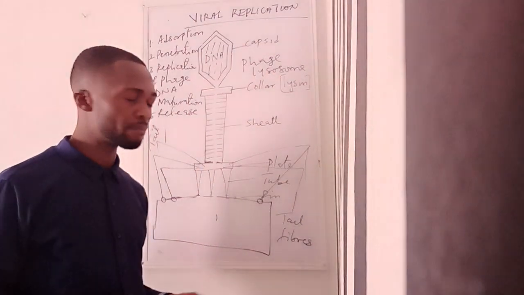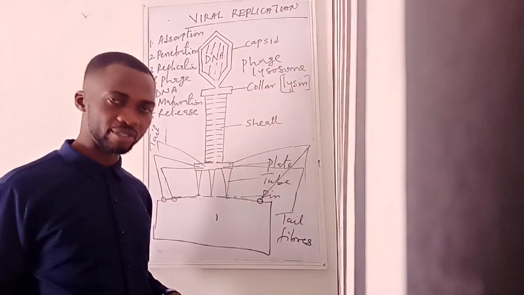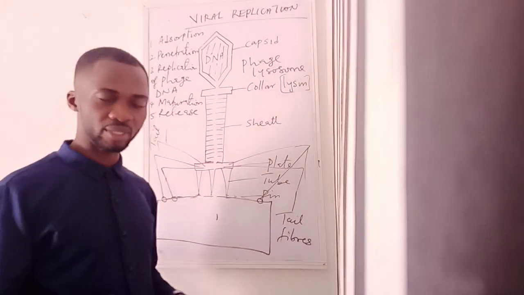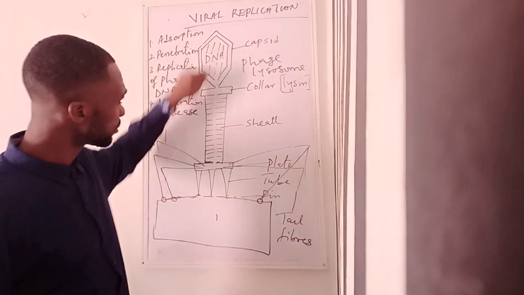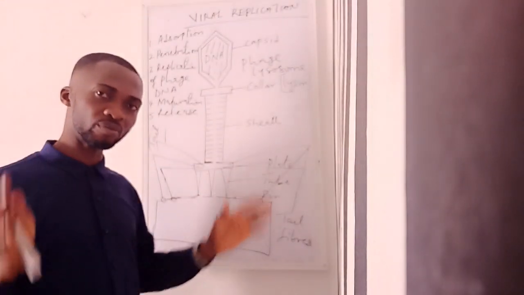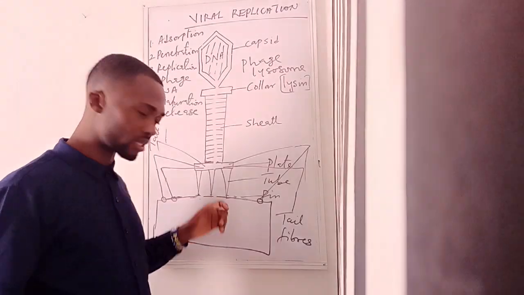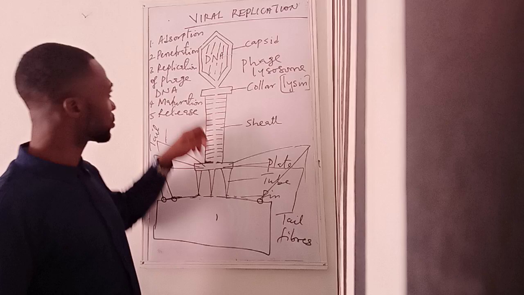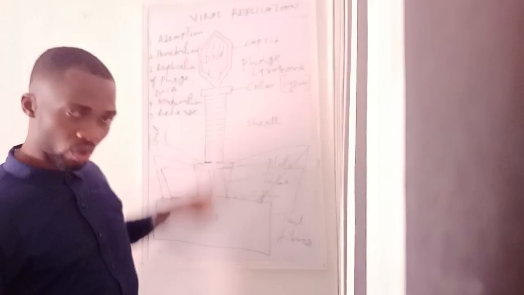Let me explain again. I said at this second stage, an enzyme is released by the virus. And once the enzyme is released, what the enzyme does is to lyse and create a space, a kind of hole, within the phage, and also to create the same hole within the bacteria. So this hole that is created is for the movement of the core or the genetic